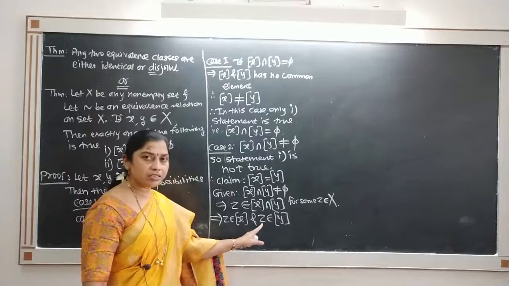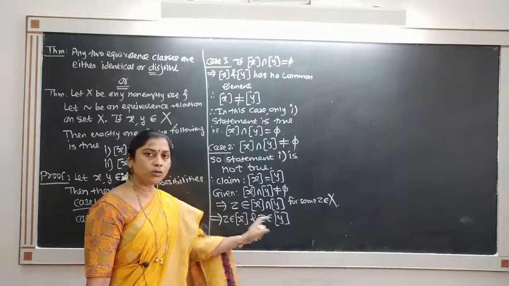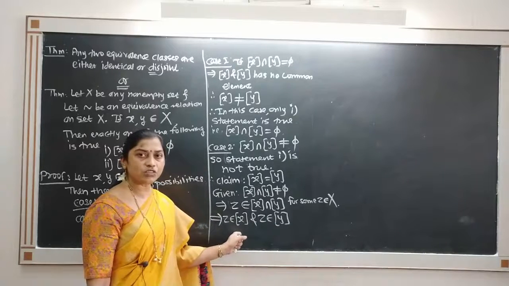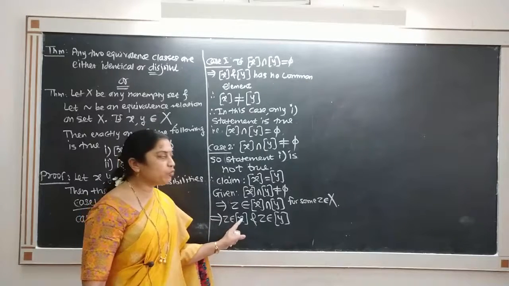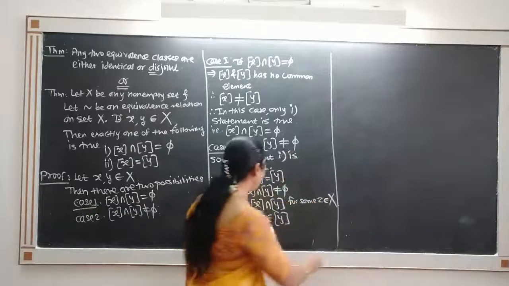Similarly, the equivalence class of Z is the same as the equivalence class of Y, and so the equivalence classes of Z, X and Y are equal. That is, the equivalence class of X is equal to the equivalence class of Y, if you use the above lemma. If you don't want to use the above lemma, then you have to prove this totally. So we will prove this.